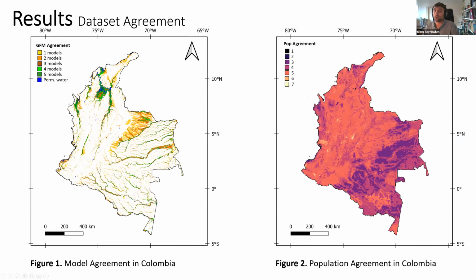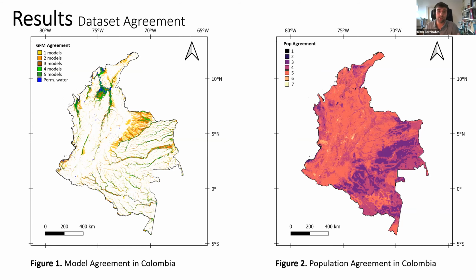So now looking at global population agreement, this was done much in the same way that we calculated model agreement, but I should emphasize that in the agreement calculation, we aren't looking at differences in population density, just at populated area. So it sort of limits the conclusions and observations we can make. The first thing we found was that the differences in resolution between the population data sets were really significant. The finest data set at 30 meters resolution can basically pick out individual buildings, while the coarsest data set at 9 kilometers resolution is only really able to identify major cities.